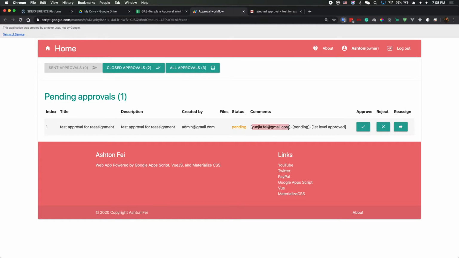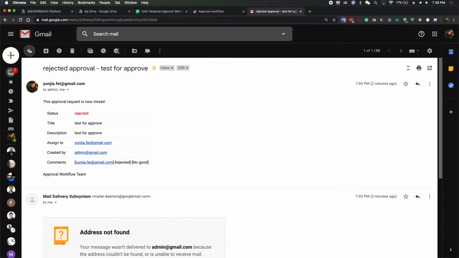So you can forward it, you can reassign it to somebody else, maybe the second level approver. Here they will see a message like this in the comments. That means you have already approved it, and your second level approver can see an email like